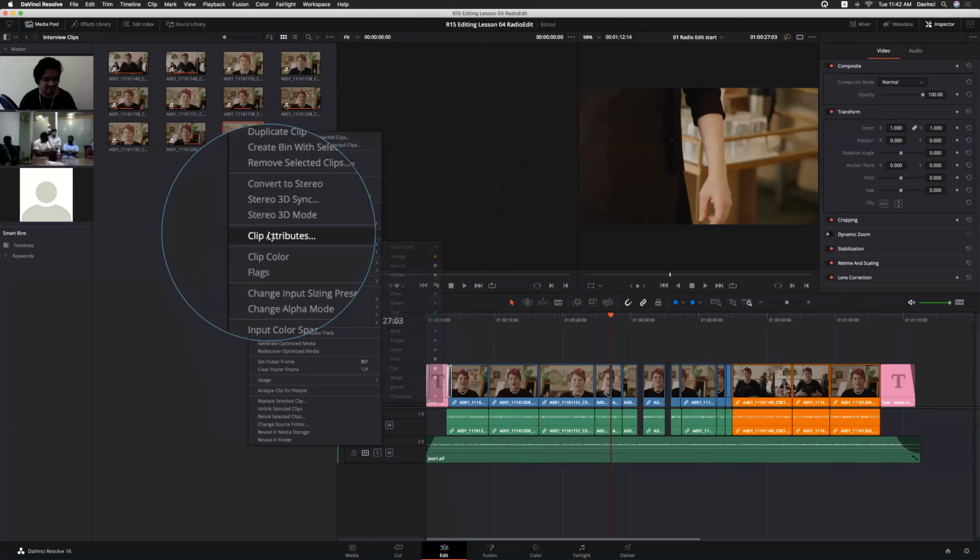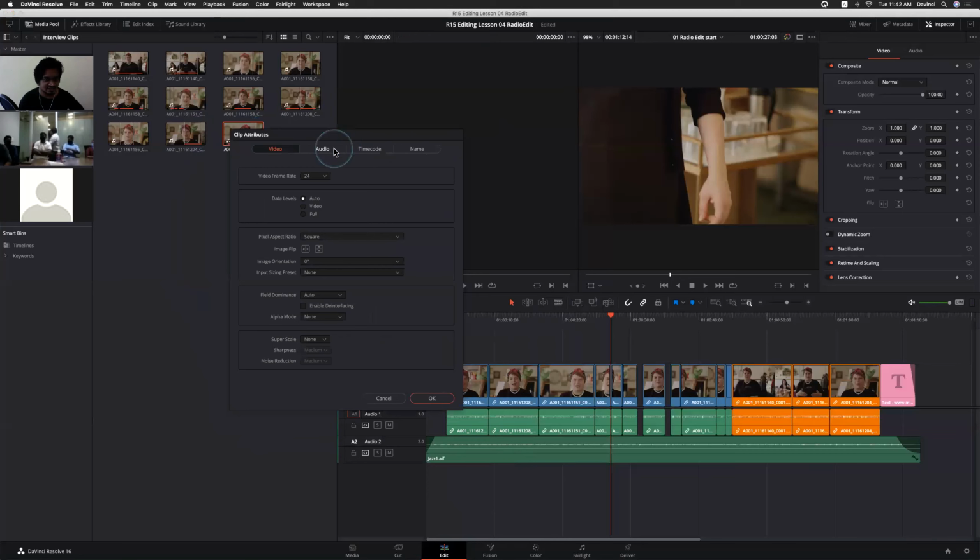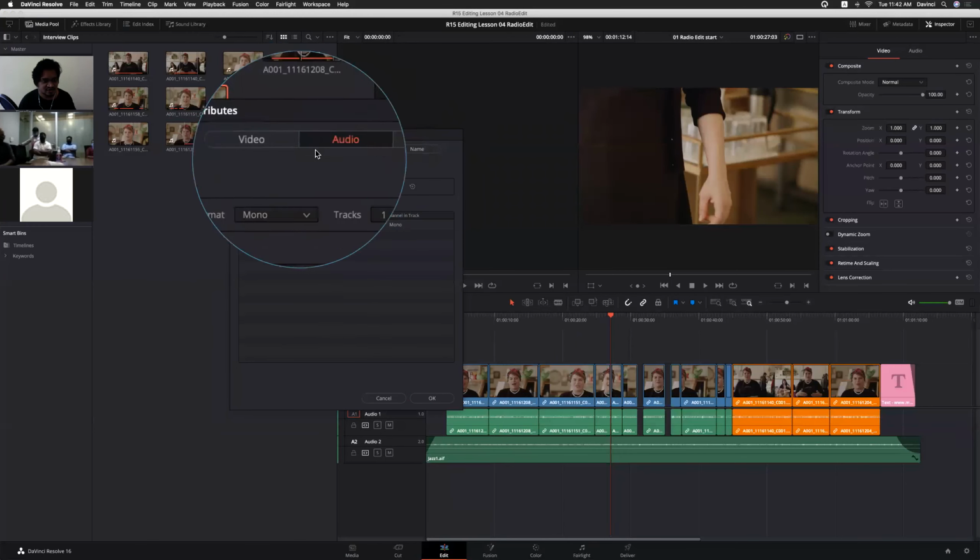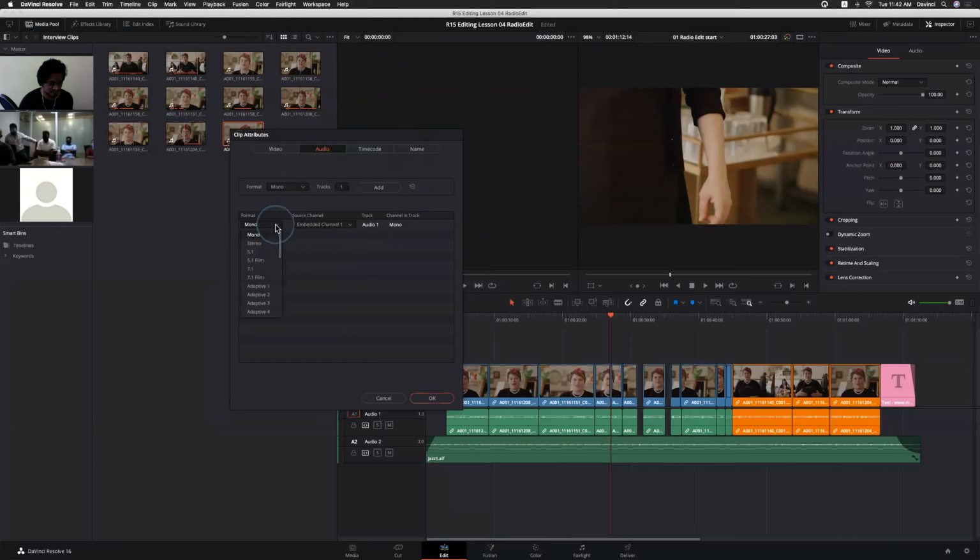So go to clip attributes. Here, if you have a mono, or if it is coming from a single channel, whether it's a left channel or right channel, in clip attributes you can set those things, right? Anyway, it is showing mono and we can add one more so that it's a pre-center point thing.